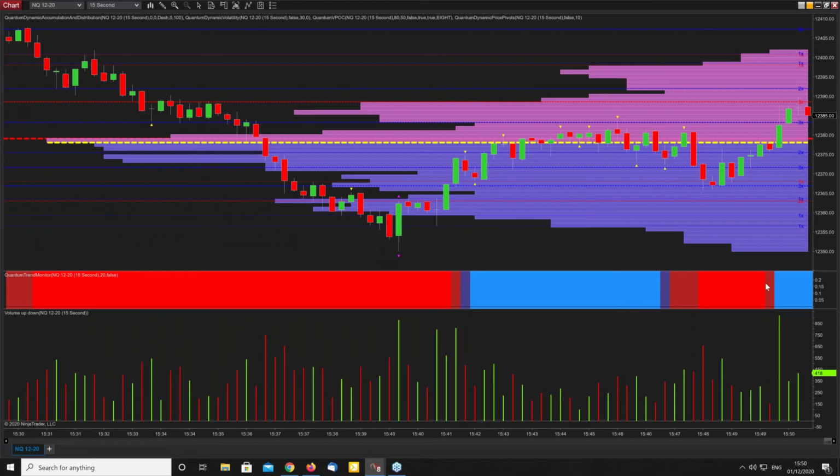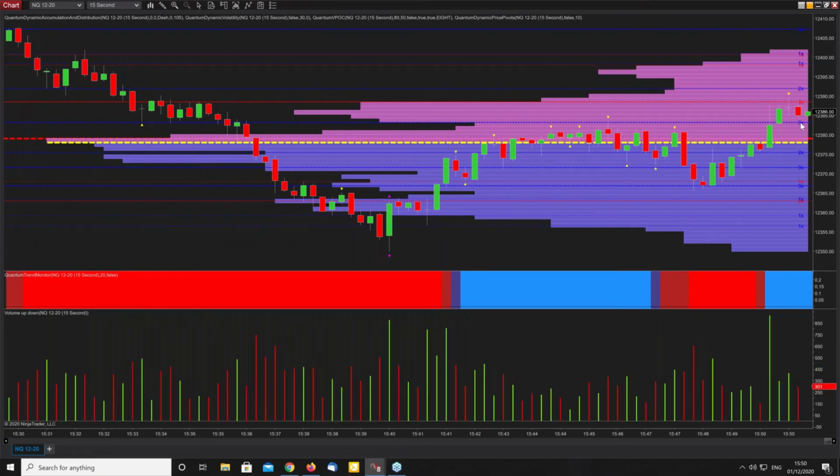Doesn't look like it is. We've got a platform below it here as well. Another one of the same weight, if you like, of 3. Again, this has been tested 3 times, so it's strong. Let's see if we're going back down onto the volume point of control. Probably are. And really, it's all signaled off the